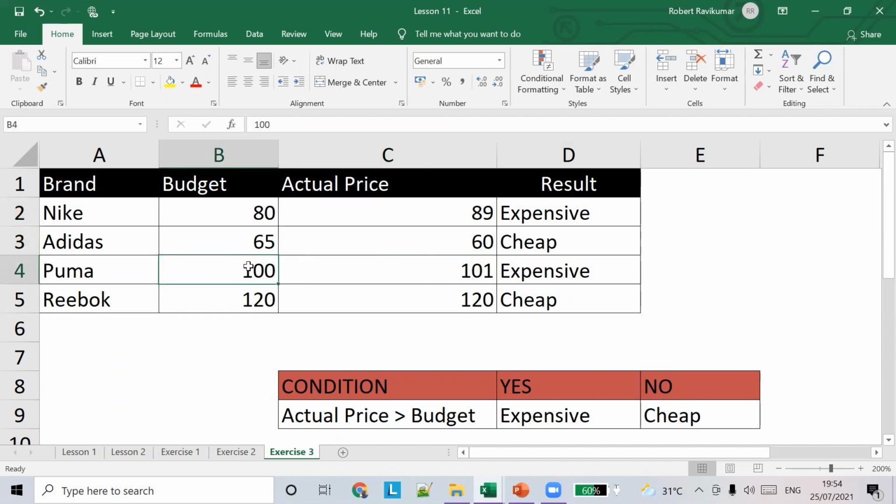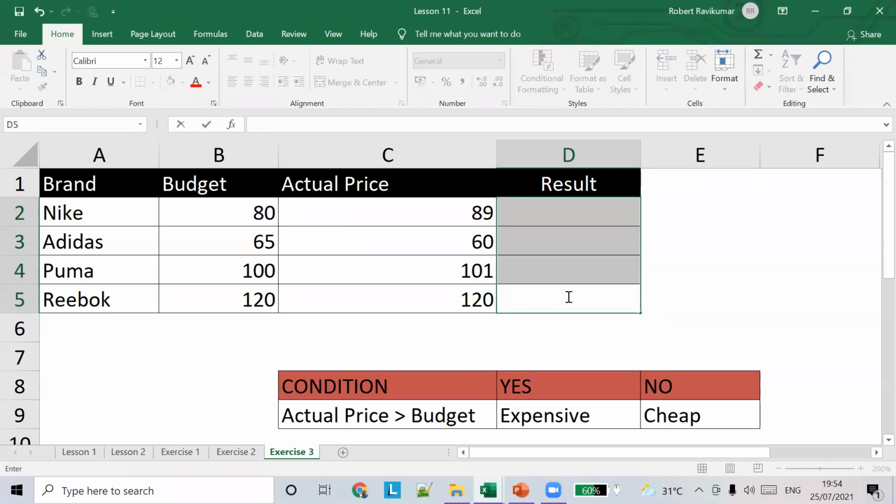So first we delete all these values. What we are going to find is whether the item is expensive or cheap. So I'm going to write the formula: equal to, actual price is greater than budget. The actual price is here.